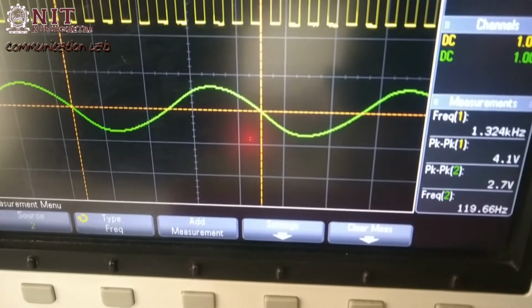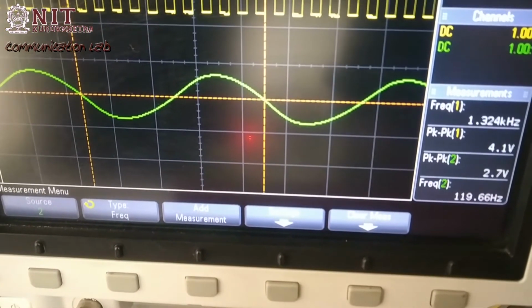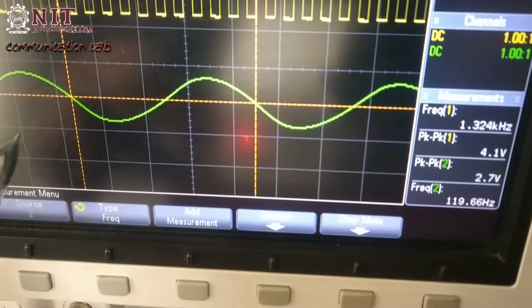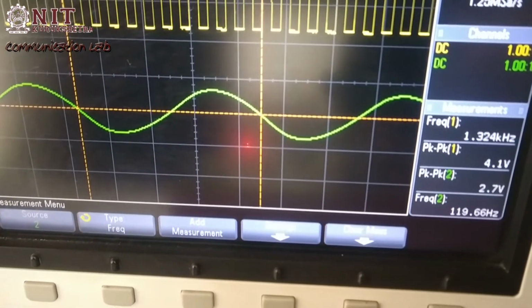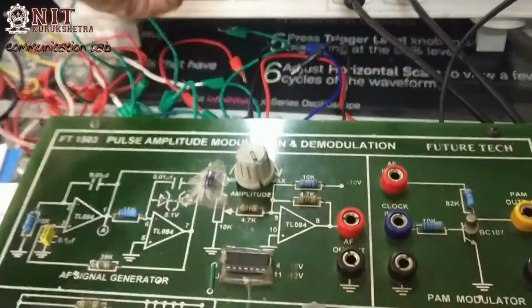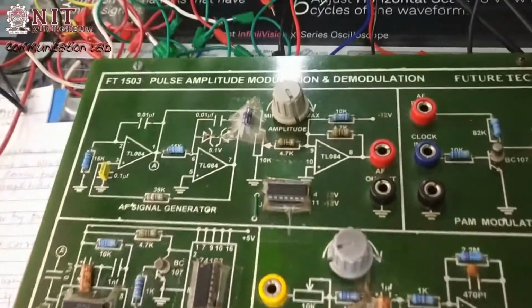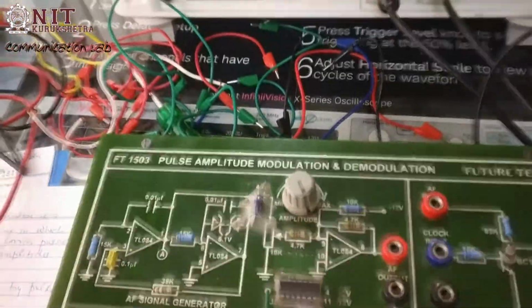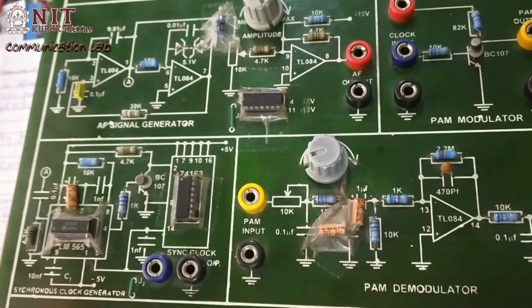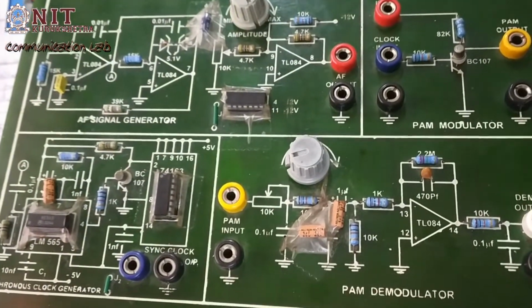The frequency of the message signal is 120 Hz and the amplitude is 2.7 volt peak to peak. The amplitude we can vary; this is the maximum amplitude of the output. So this is our message signal generator.